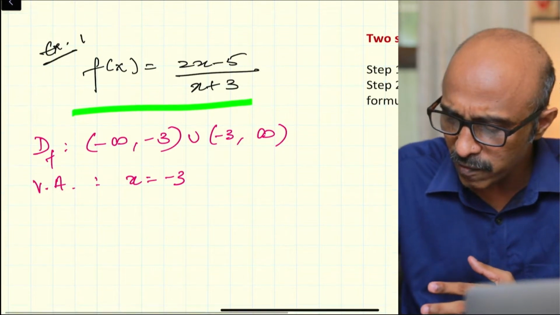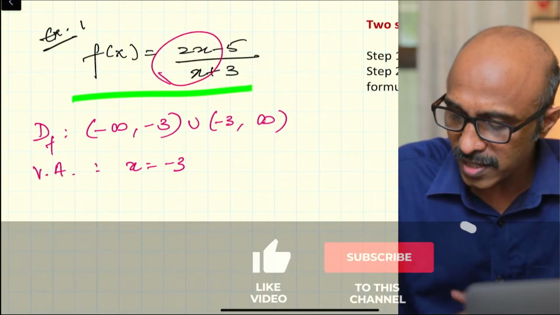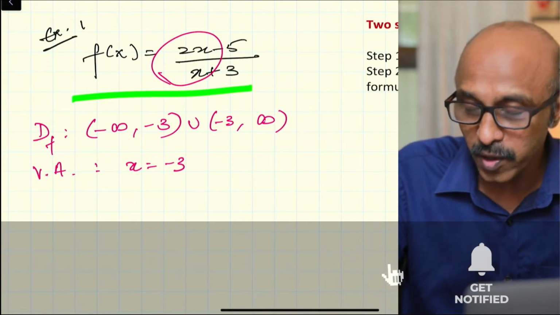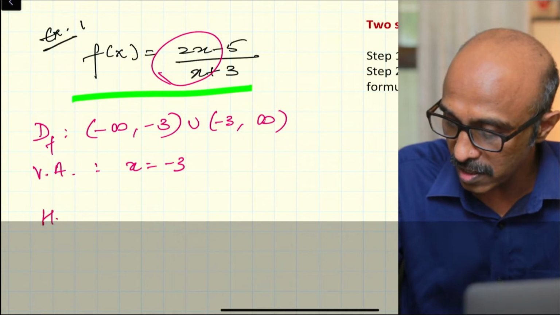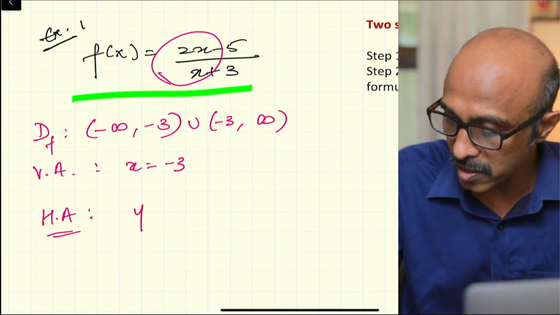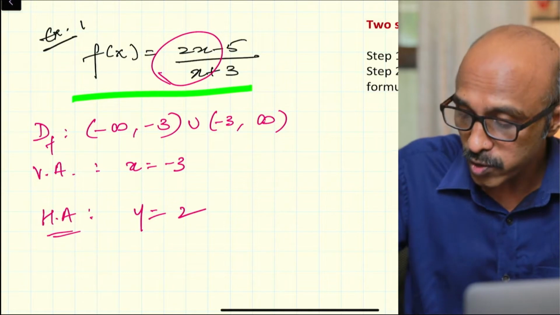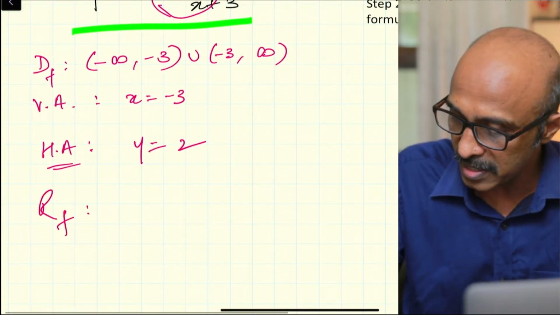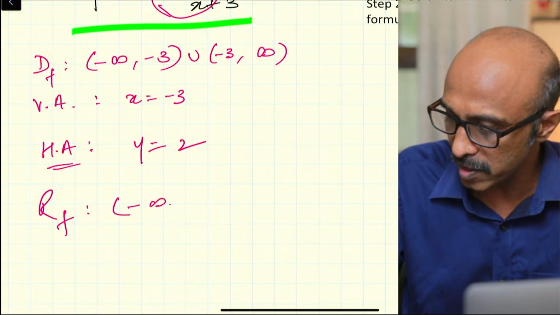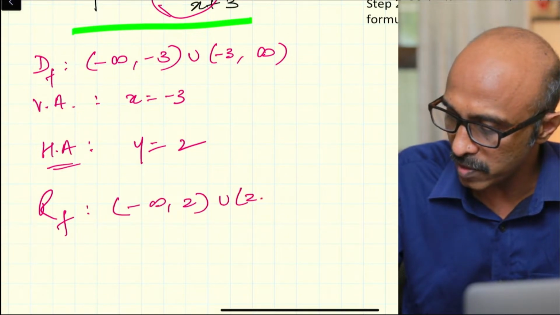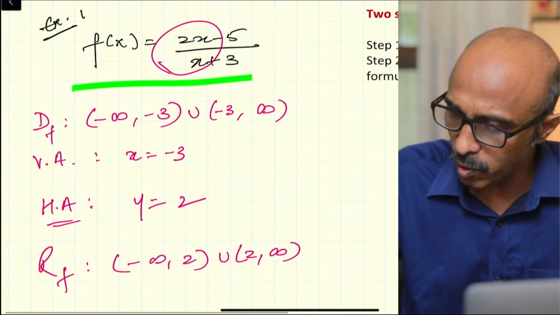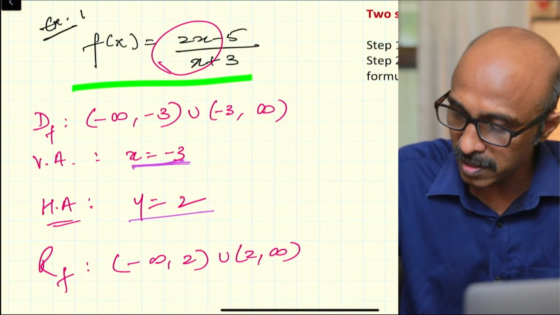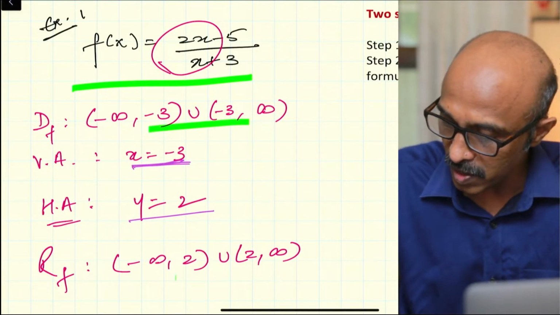And in the same way, when you look for the horizontal asymptote, you can see this is a case of the numerator and the denominator being of the same degree. So you're looking for the coefficients of each, and so you can say that the horizontal asymptote is at y is equal to 2. That also tells us the range is going to be negative infinity to 2 and 2 to infinity, which means that both the vertical and horizontal asymptotes that we found are excluded from the domain and the range, as you can see here.